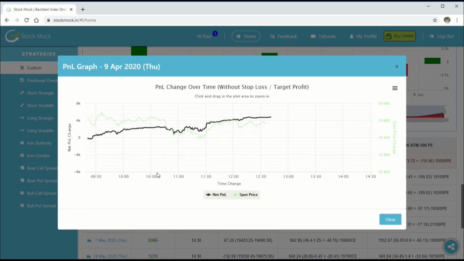As you can see, in the background there is a green color line which indicates how the spot price moves, and here is the PNL graph in the black line that indicates how the PNL has moved throughout the day for the time period that you have mentioned for your strategy. And this is the PNL that you would have faced when you do not have any target or stop loss conditions.